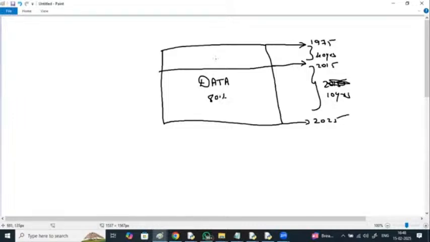In the previous 40 years, only 20% of the data has been generated.